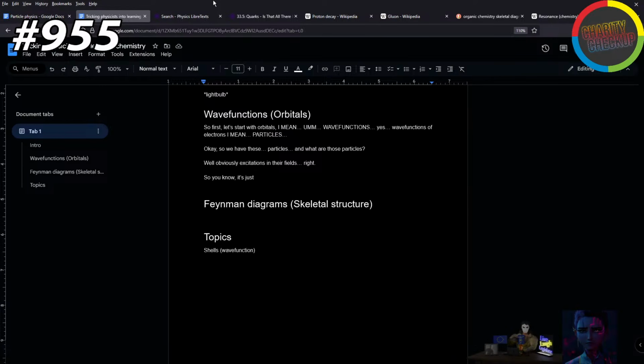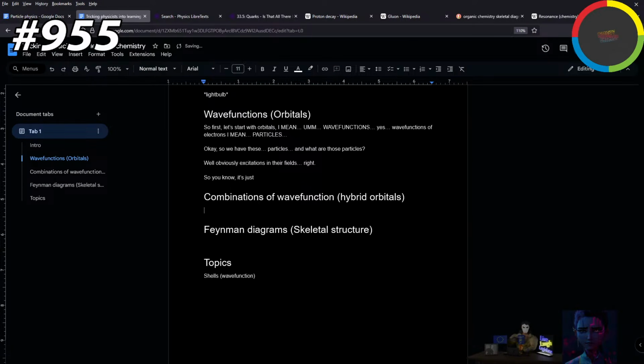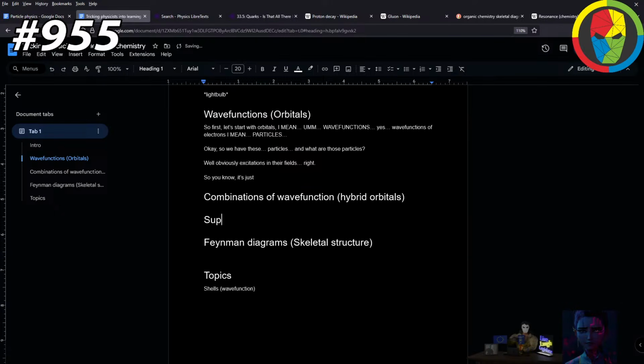Is this a superposition of electron orbital shapes? No, superposition of electron orbital shapes is just hybridization, which is just hybrid orbitals, which would be right here, combinations of wave functions, hybrid orbitals. But then we would also have superposition, resonance,